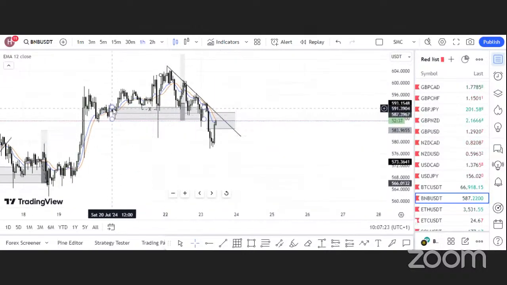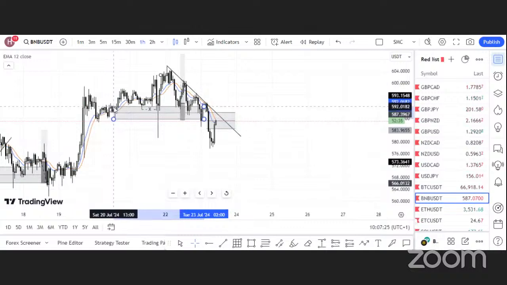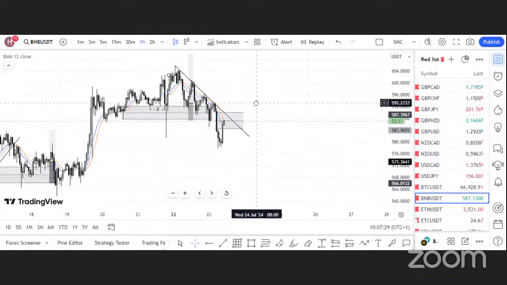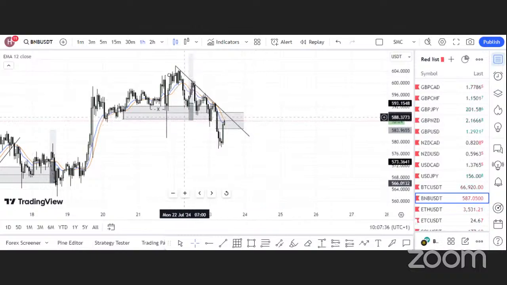Let's see what we have here today. All right, so today we are currently on BNB USDT. Okay, so I gave this signal yesterday, and if you took the signal